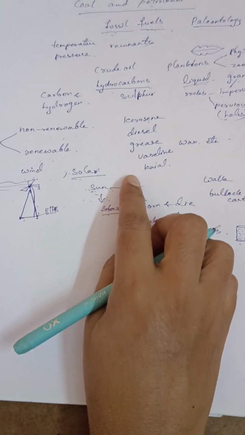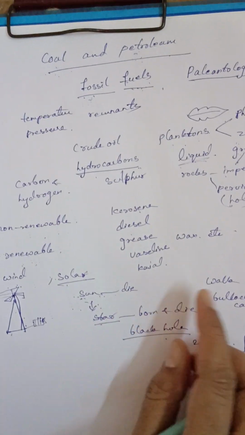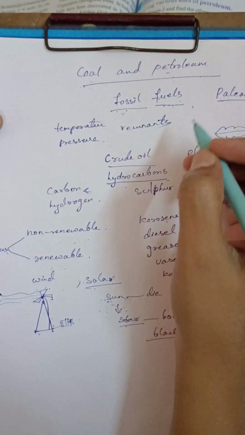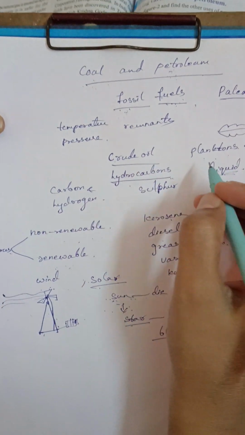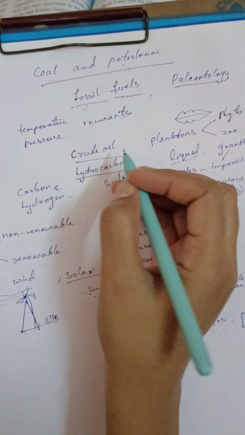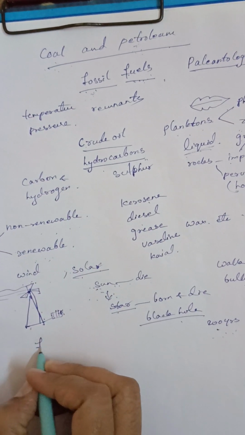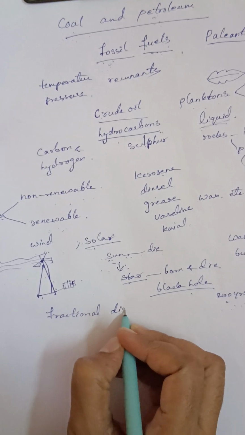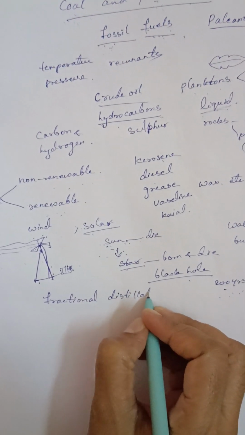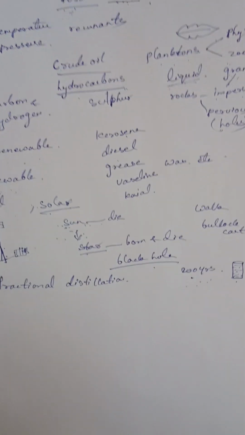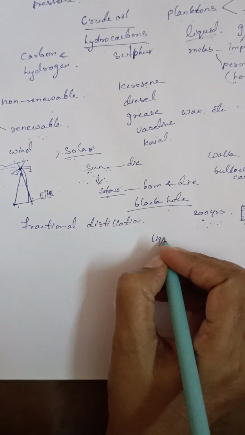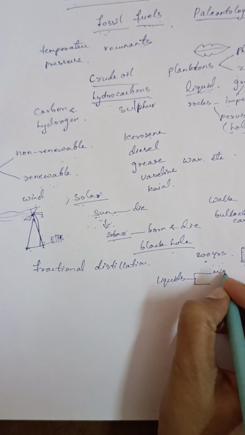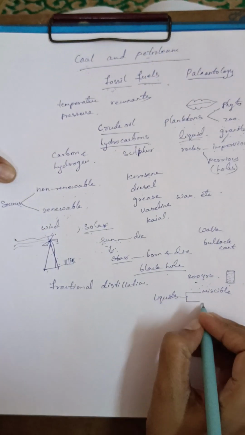Yes, children, now I said we are getting different products along with the petroleum. Actually what we are getting from inside the ocean bed is crude oil. Okay, so from this crude oil we are getting the petrol. How can we get it, just by filtration? No, it is not. It will be obtained by the process of fractional distillation. Fractional distillation, do you know what distillation is? The process of separation of two miscible liquids. Liquids are classified again into two types. What are those? Miscible and immiscible.